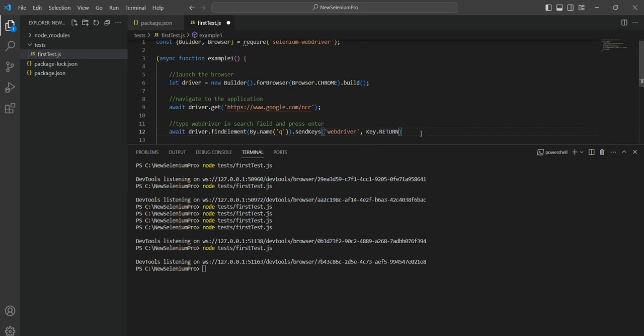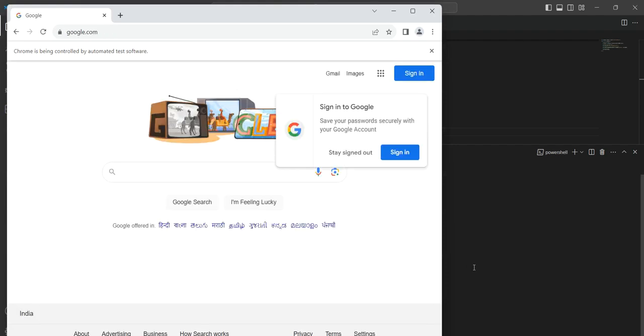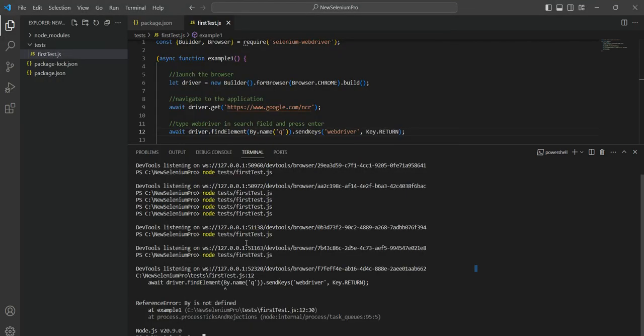Okay, and let's write a semicolon here, and now let's save it, and after that we will run this script. So we have to use this. It's not working. So we had used this command to run our script, and then